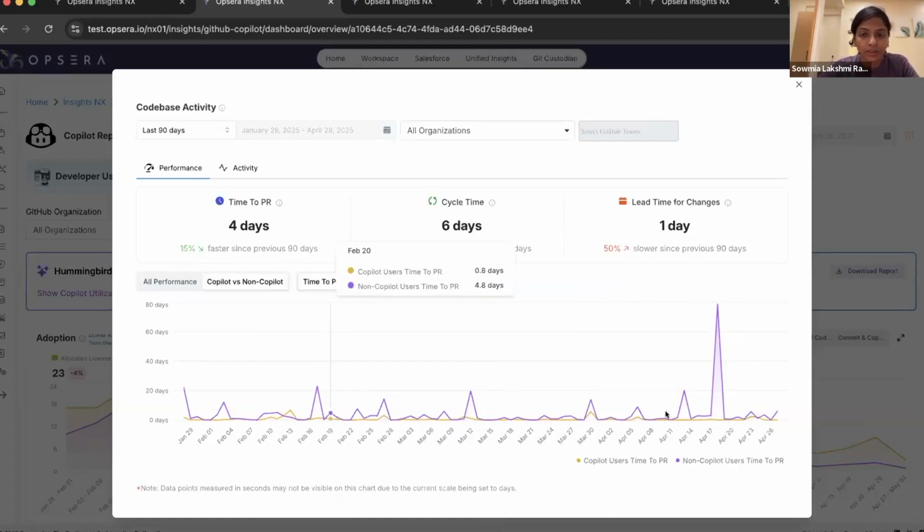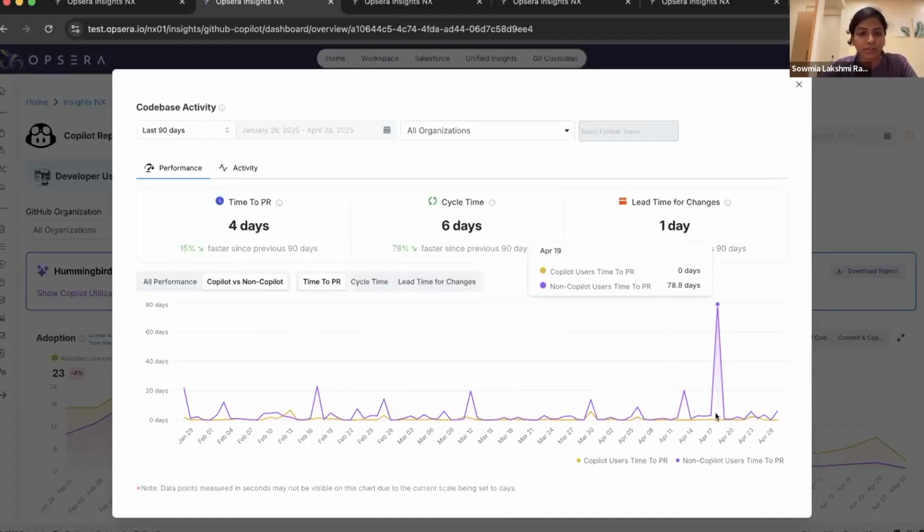Here we compare the Copilot versus non-Copilot users' data with respect to your time to PR, cycle time, and lead time for changes, and you'll be able to see the difference if the time to PR is actually reduced. This is also where you'll be able to compare your teams, just like what we saw in the leadership dashboard, but at a more granular level.